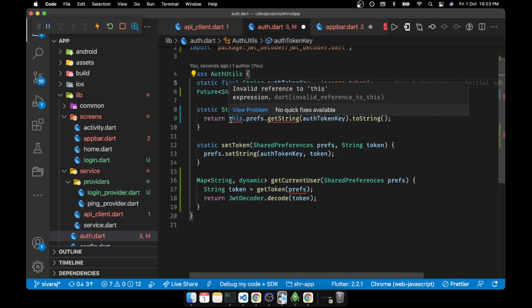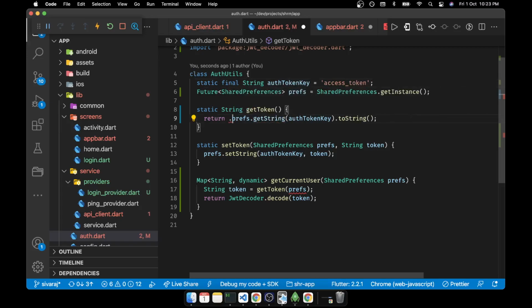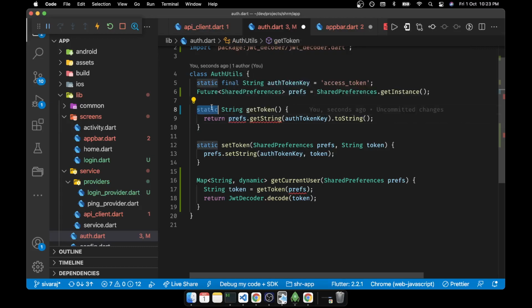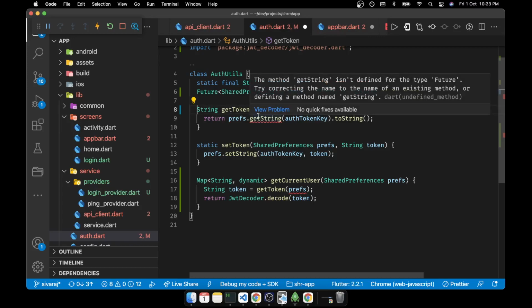This expression is invalid. Okay, the method getString is of type Future, trying to correct the name.